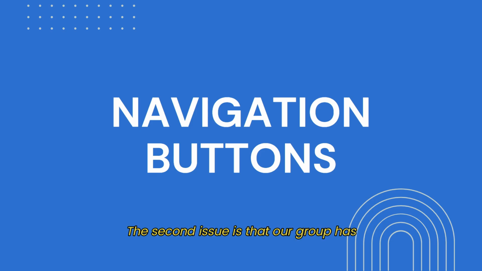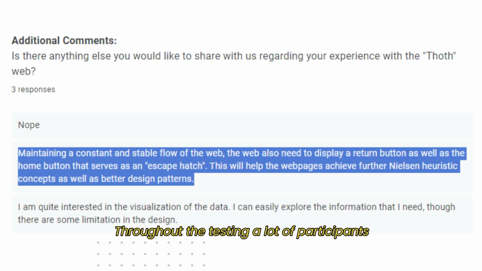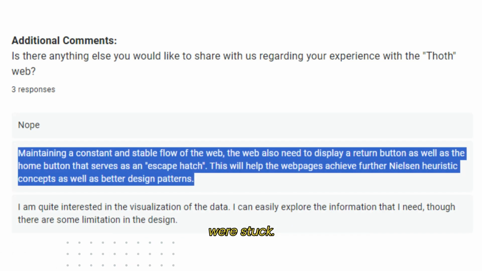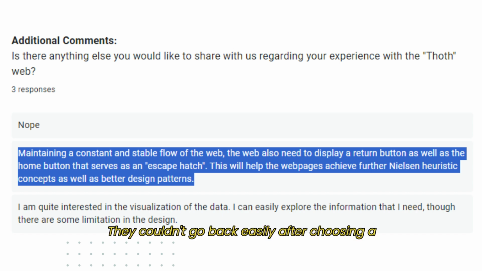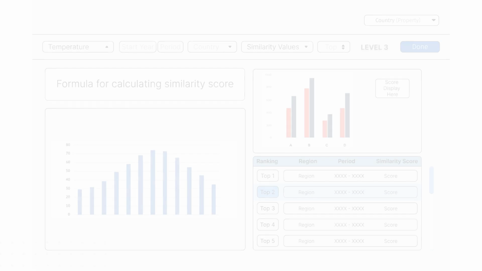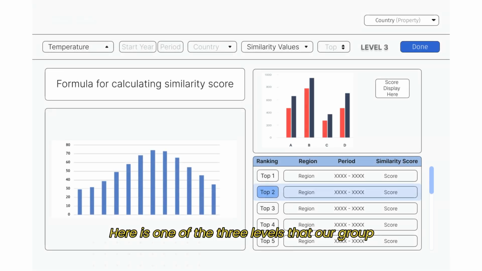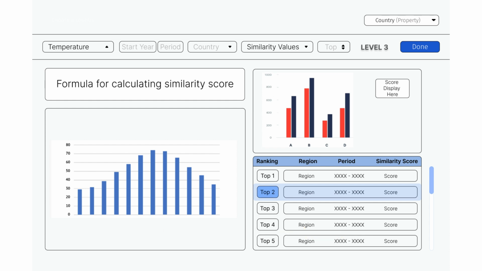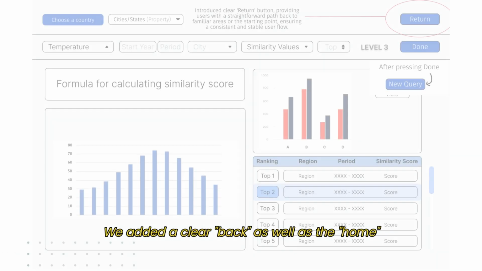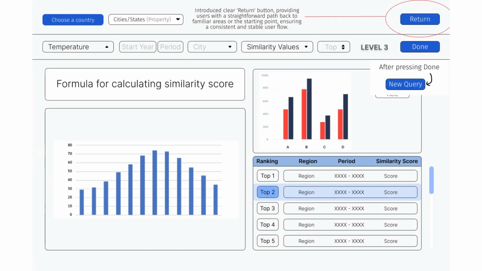The second issue that our group identified is the navigation buttons. Throughout the testing, a lot of participants were stuck. They couldn't go back easily after choosing a level or find their way to the home page quickly. Here is one of the 3 levels where our group forgot to display the return button. In order to fix the problem, we added a clear back button as well as a home button on the navbar, so there will be a way to go back and start over again without any hassle